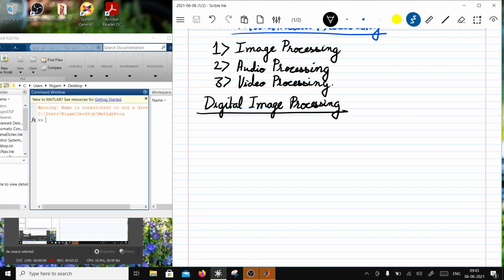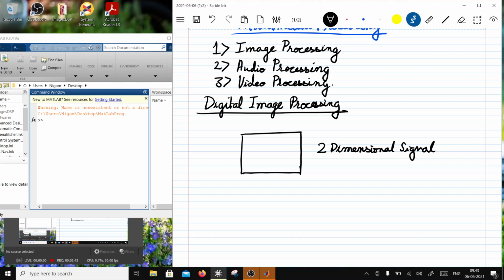An image is a two-dimensional signal, the two dimensions being x and y, or you can say rows and columns, right? So you can say x and y, or rather I can say y and x. This side I can treat as y, the convention we are used to, and this is x. So any point would be x comma y.